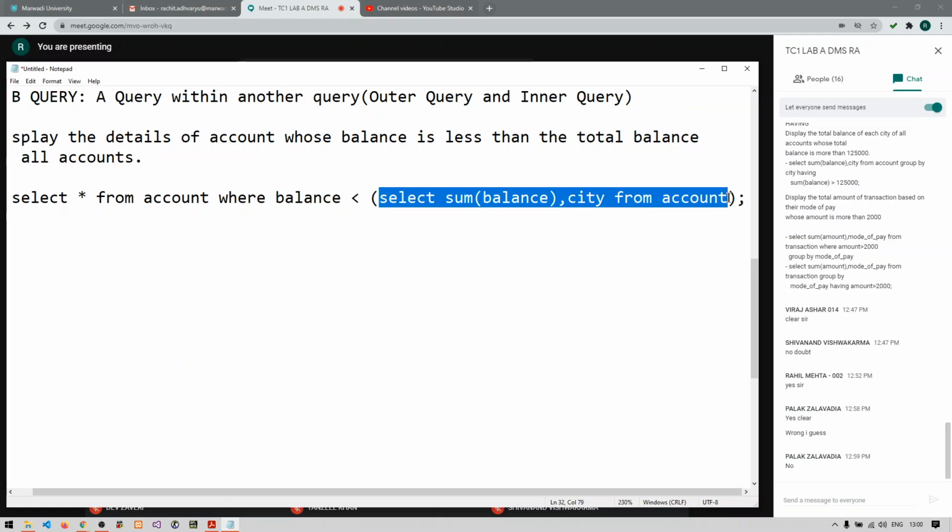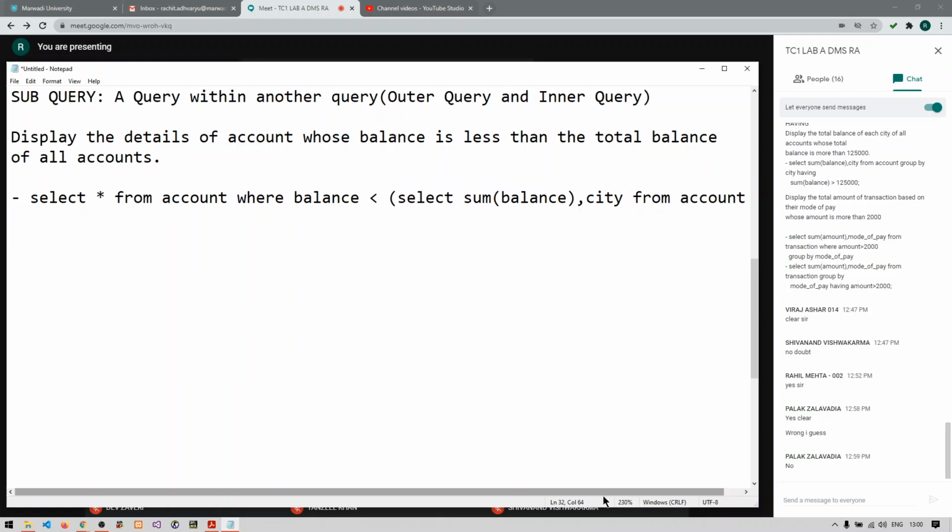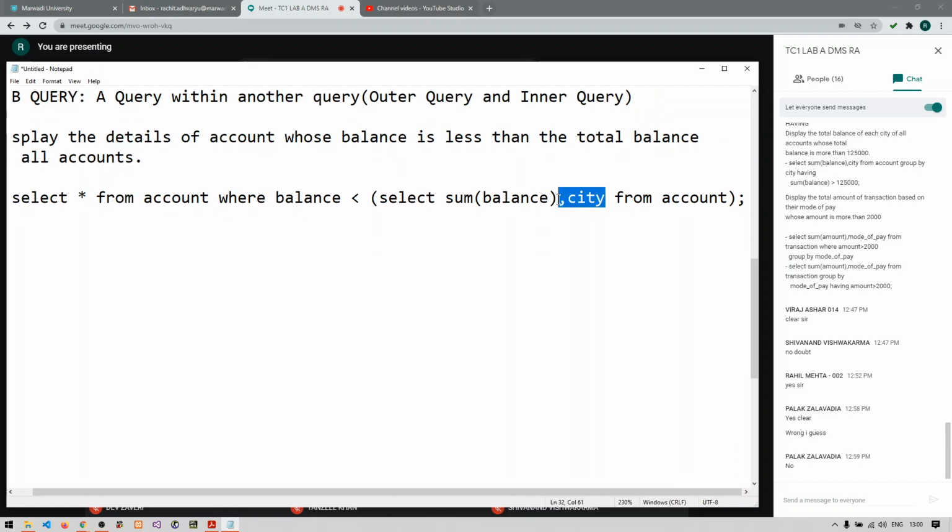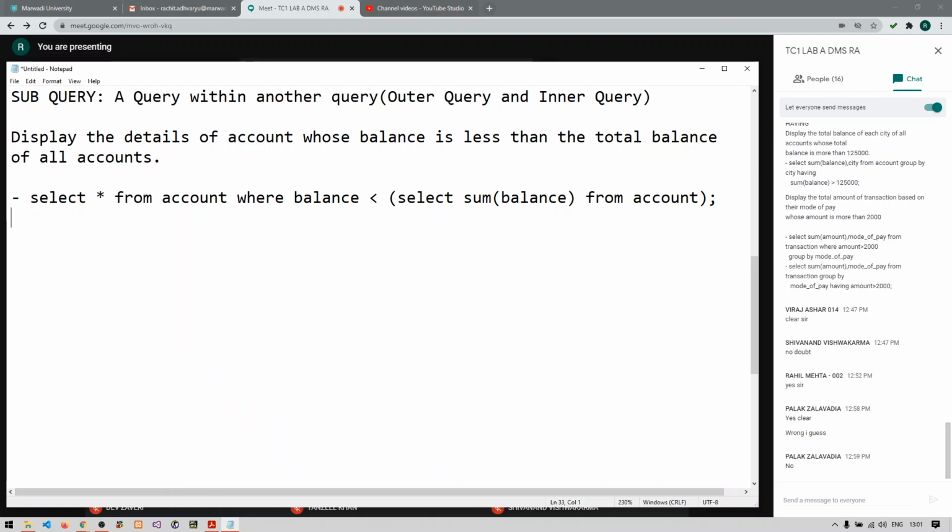You are giving 2 outputs here, not a single output, so this will not work. The outer query expects the correct, single output from the inner query. This is what you have to remember. Now is that clear, guys, or any doubts?